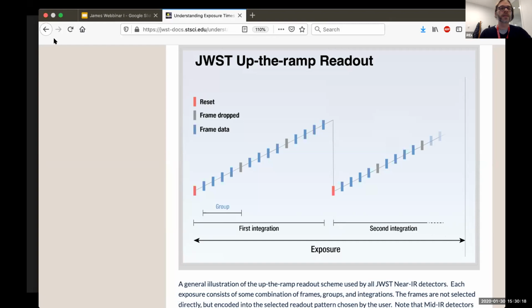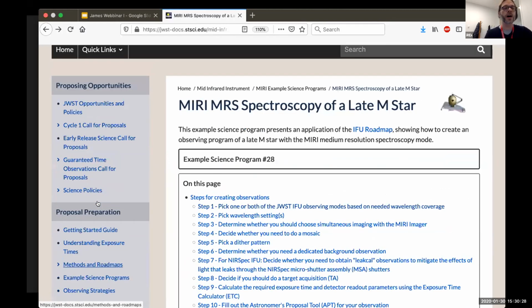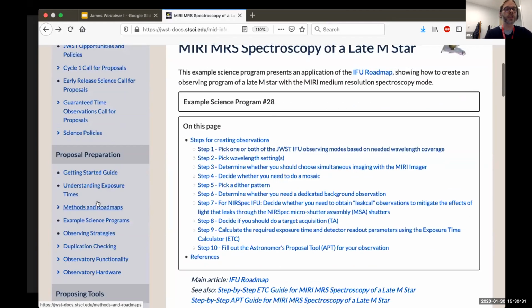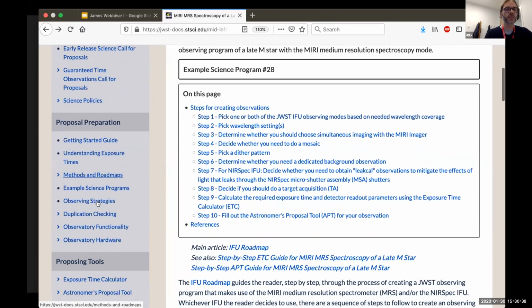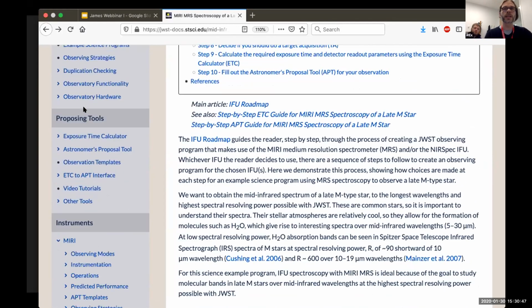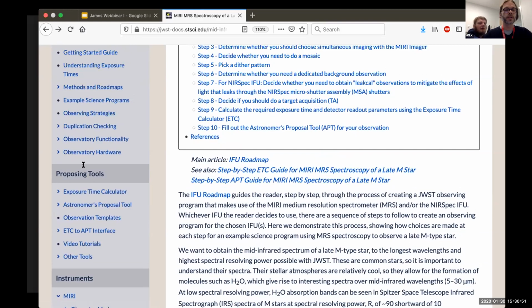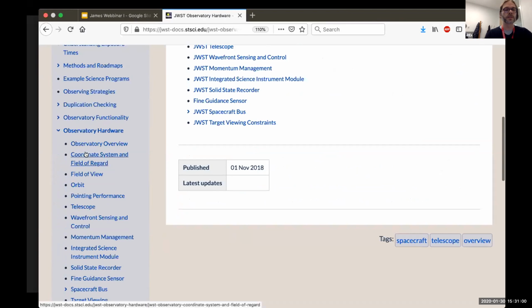All right, the last thing I needed to mention is the field of regard of the observatory. All targets can be observed with James Webb, but not all can be observed all the time. Most can only be observed during 2 viewing windows throughout the year. So James Webb is orbiting around the sun, and I'm looking for my link, the field of regard. There, thank you. Field of regard here, there, I'm getting there. So James Webb